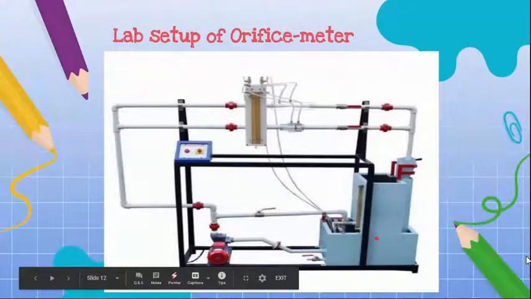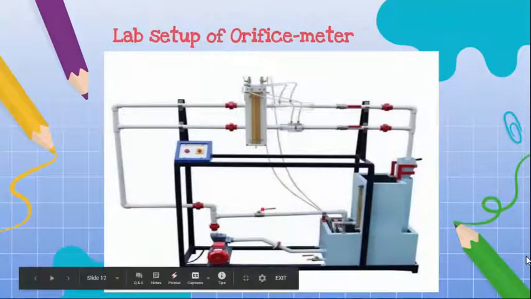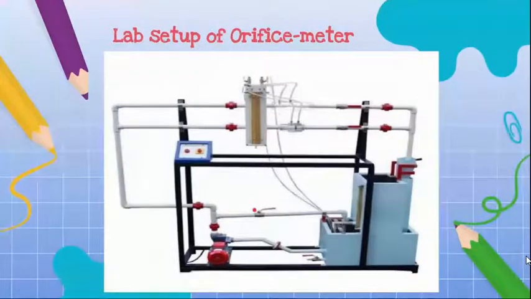Then we'll adjust the flow rate through the valve. That is, we'll keep it either 50% or 100%. Then we'll open the corresponding valves and get the head reading in the manometer. Then we note down the readings. We operate the butterfly valve, which is used to control the velocity of the flowing liquid, and note down the time taken to rise 10 centimeter in height, water height. Then we repeat this procedure for several different values and note down the readings.